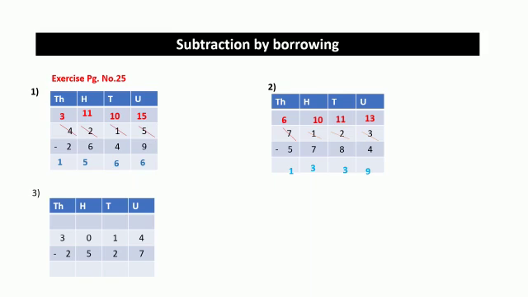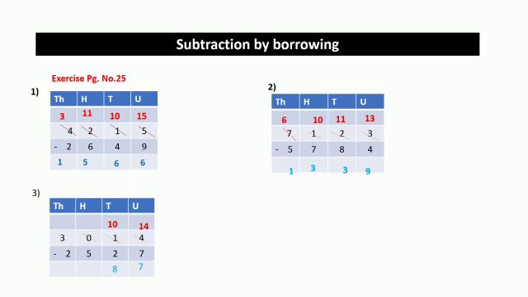In this case, we have to borrow from tens place, that is from number 1. After borrowing one number from number 1, that is from tens place, 4 will become 14. 14 minus 7 is 7. Now in tens place, instead of number 11, there will be number 10 because we have given one number to units place. In this case also, subtraction is not possible, so we have to borrow it from hundreds place. After borrowing, in tens place, the number will be 10. 10 minus 2 is 8.